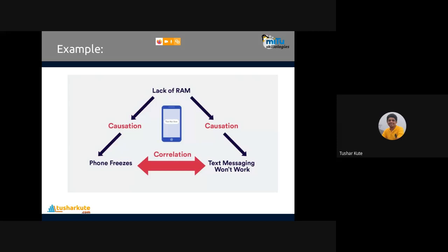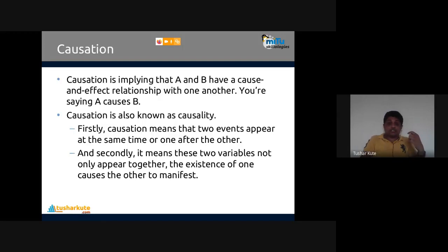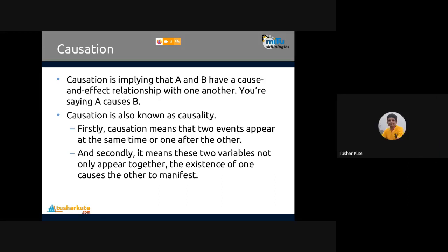Statistics is okay, that is fine. But it is also a part of logic; you need to apply your own logic to check whether this is an affecting factor or not. And if none of them is affecting, then don't create the model. If you want to work from a robust model, then the causation parameters are very essential. So it implies that A and B have a cause and effect relationship with one another. So you are saying A causes B.